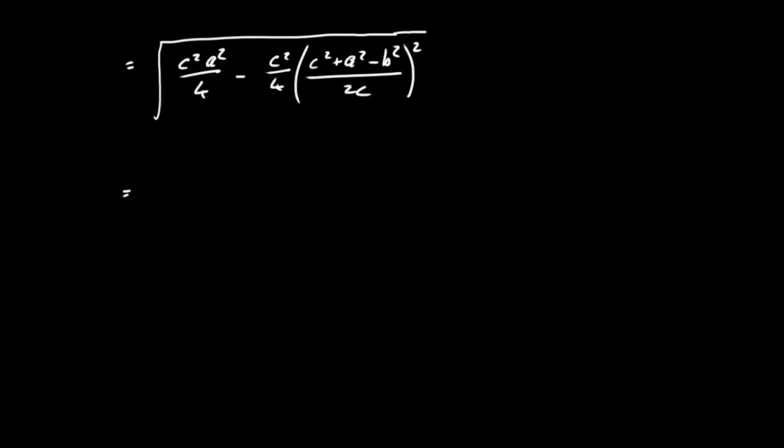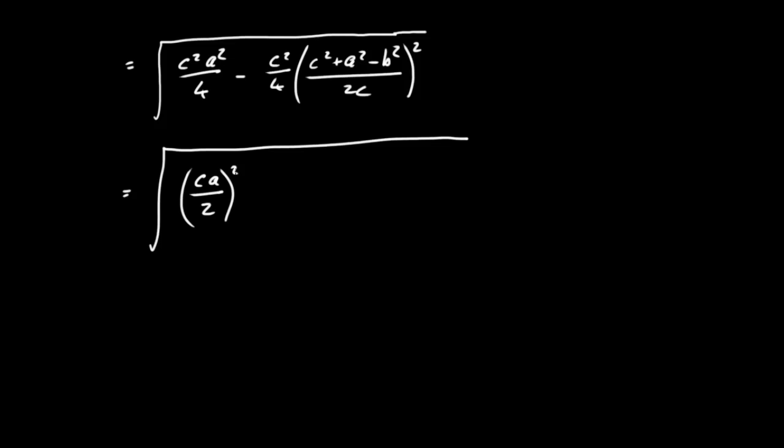Now, next thing I'm going to do here is change this. I'll just put in our square root symbol first. I'm going to change this to (ca over 2) all squared. You can see how that's the same. ca squared is c squared a squared. 2 squared is just 4. Now, over here, I have c squared over 4. I'm just going to take the top of this, c squared plus a squared minus b squared, squared. So what I've done here is squared the top, and I'm going to square the bottom. If you square the bottom part here, you'll get 4c squared. So that'll give me